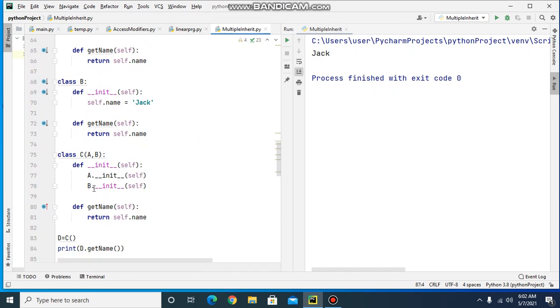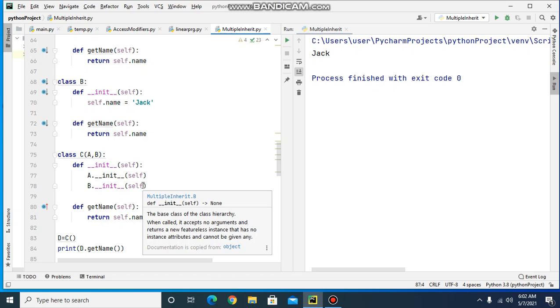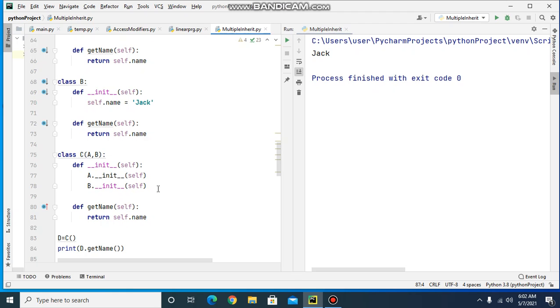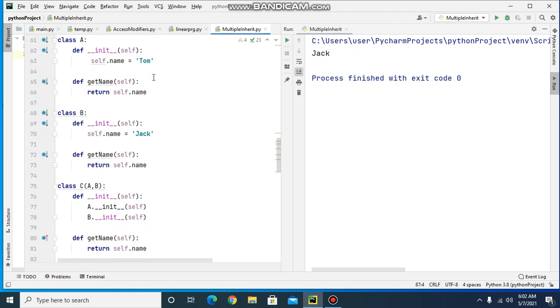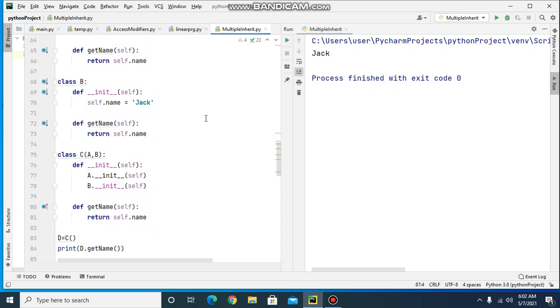But after that, when the constructor of B is called, the value of name in C, which is now Tom, will be overwritten by the value of name in B, which is Jack.